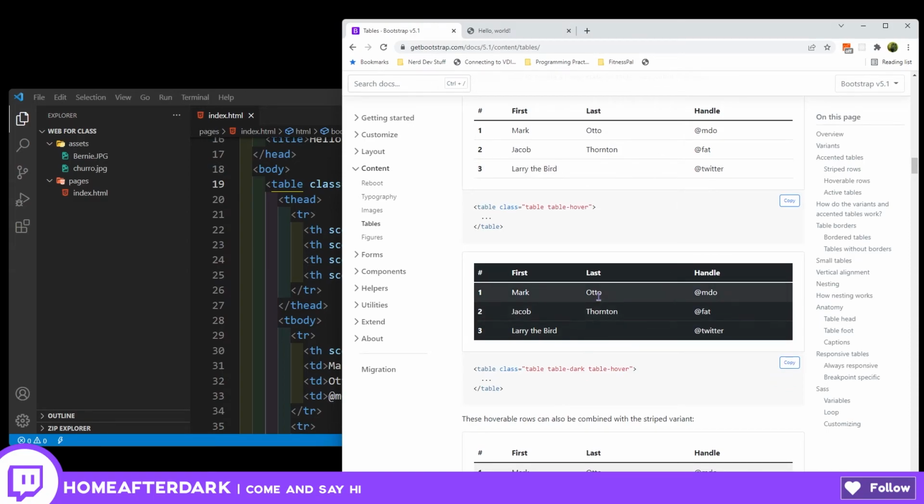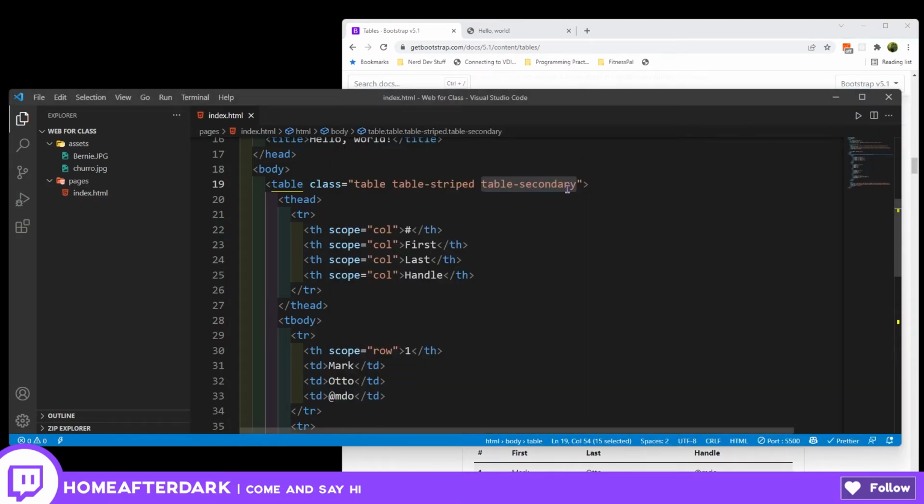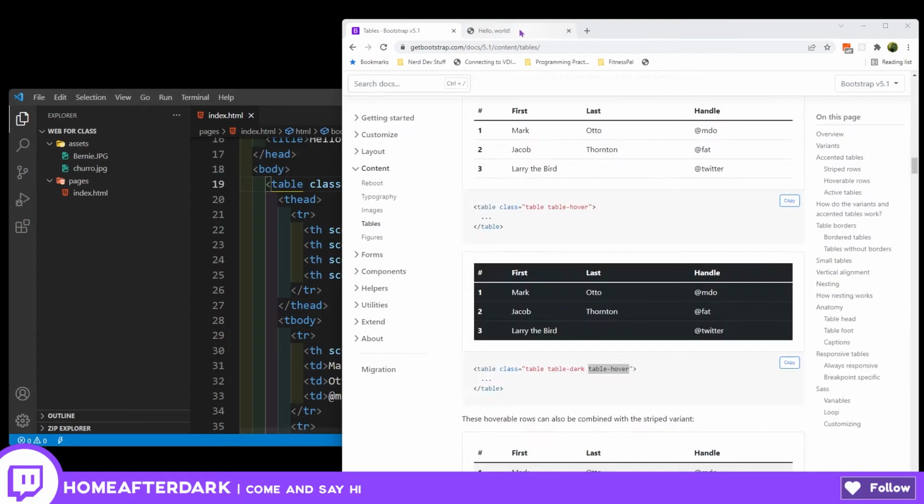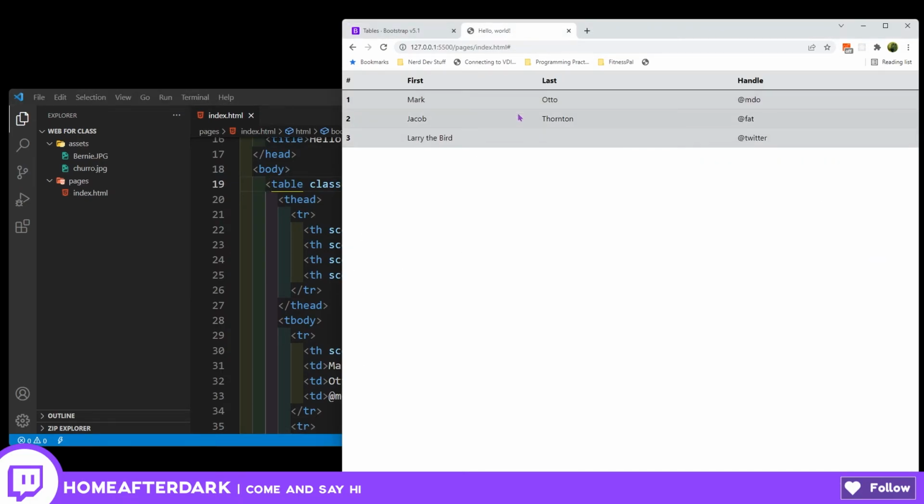We could see also that we have a hover ability. So if we want to have a hover, once again, we could go back to the table here. And now we have, this kind of darkens it. And this gray isn't maybe the best example. But still, think about how much less code you have to write as you're going through and doing this with